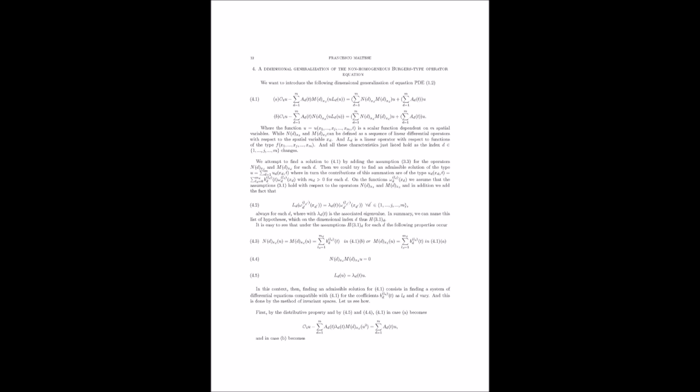How does that work? Essentially, they lay out very specific conditions under which solutions to a linear operator equation can be transformed into solutions for the non-homogeneous Burger's equation, which is much more complex. They use a function they call g to make this transformation possible. So g is like a mathematical translator, taking the solution from one equation and mapping it onto the more complex Burger's equation. Exactly. It ensures that the solution fits perfectly within the framework of the generalized Burger's equation.